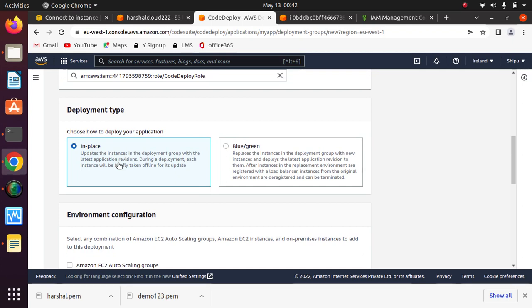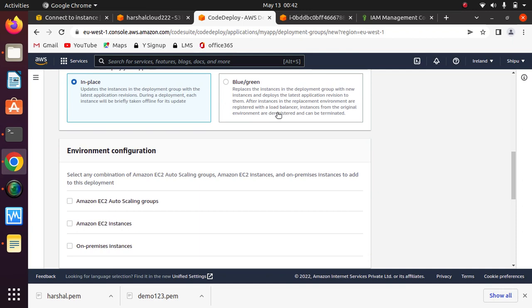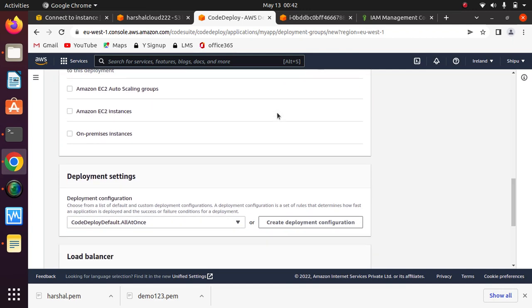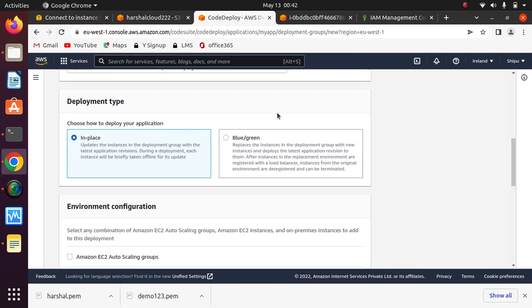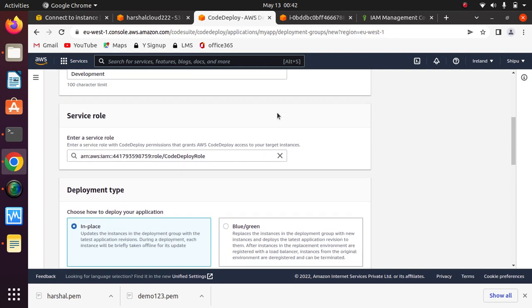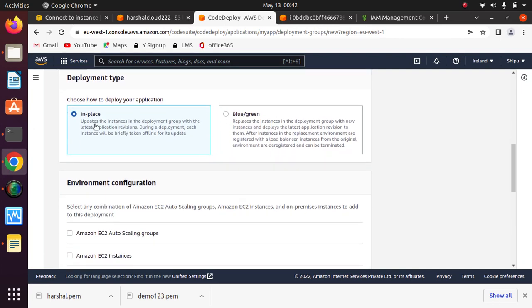Okay, it will not use load balancer and all that. For this video we keep it simple, so that you understand very well. But in the next two or three videos I will tell you everything in detail: what is load balancer, what is scaling group, auto scaling group. So everything will come across, so don't worry about that. But right now just in place,